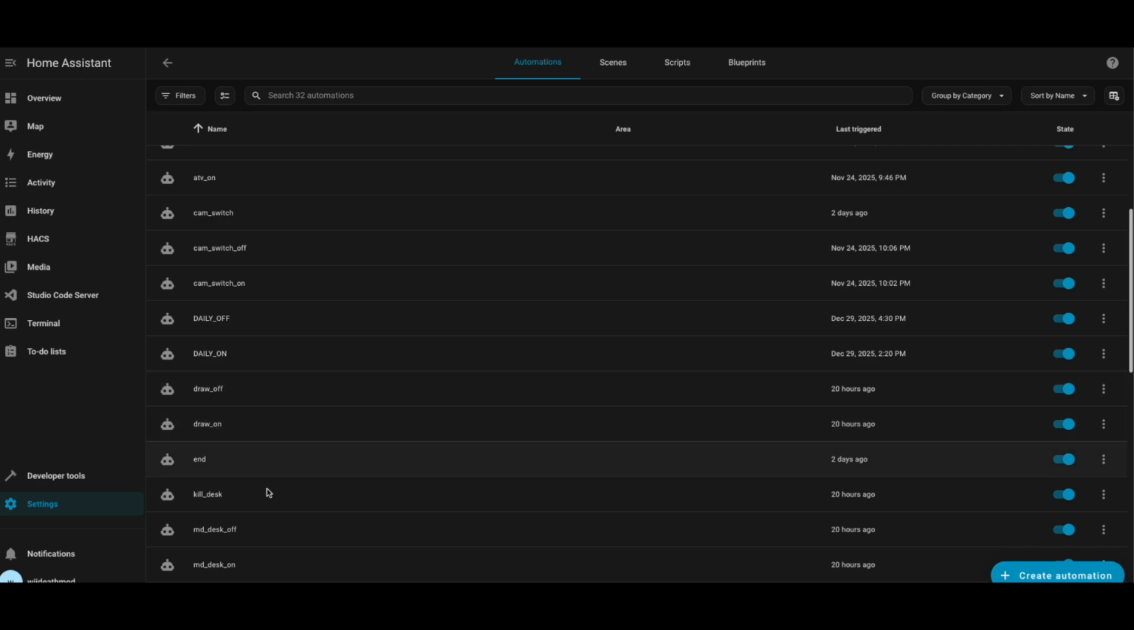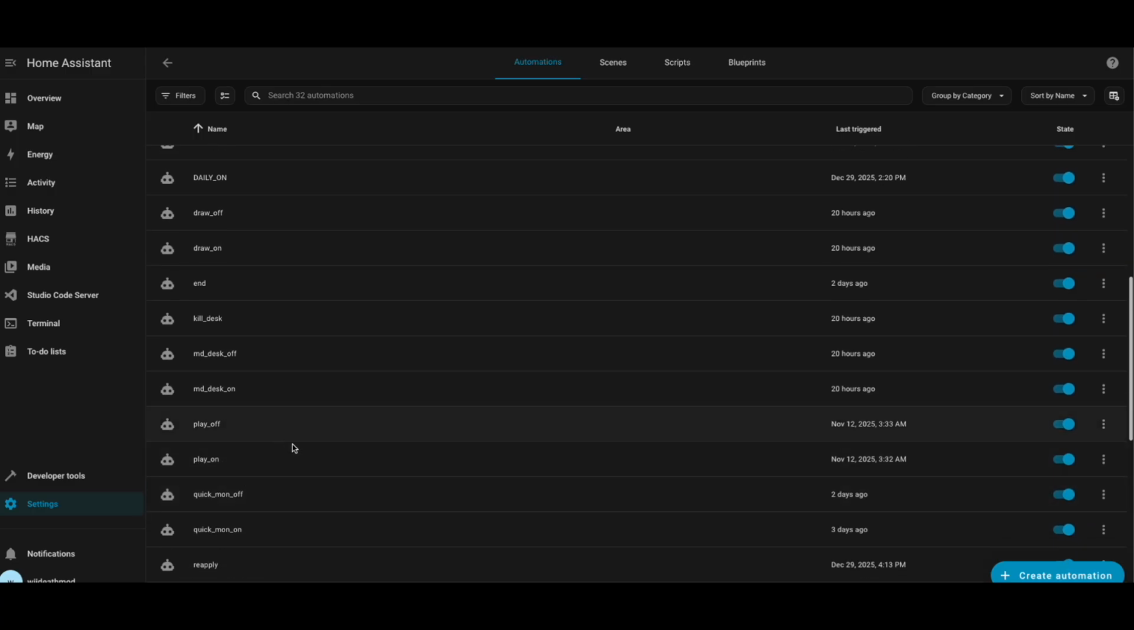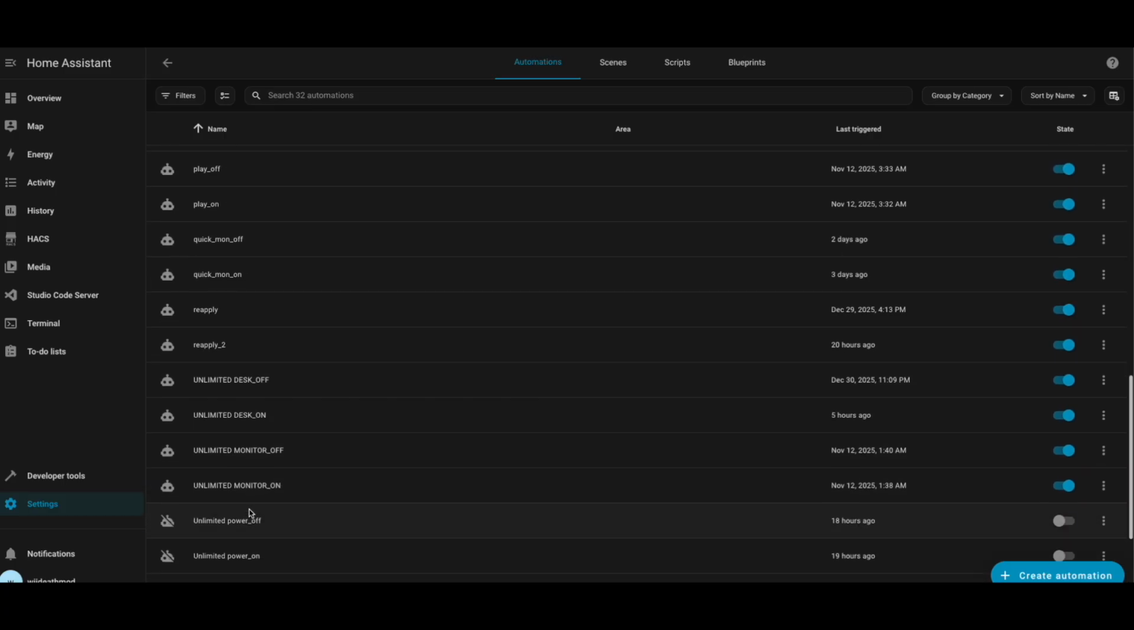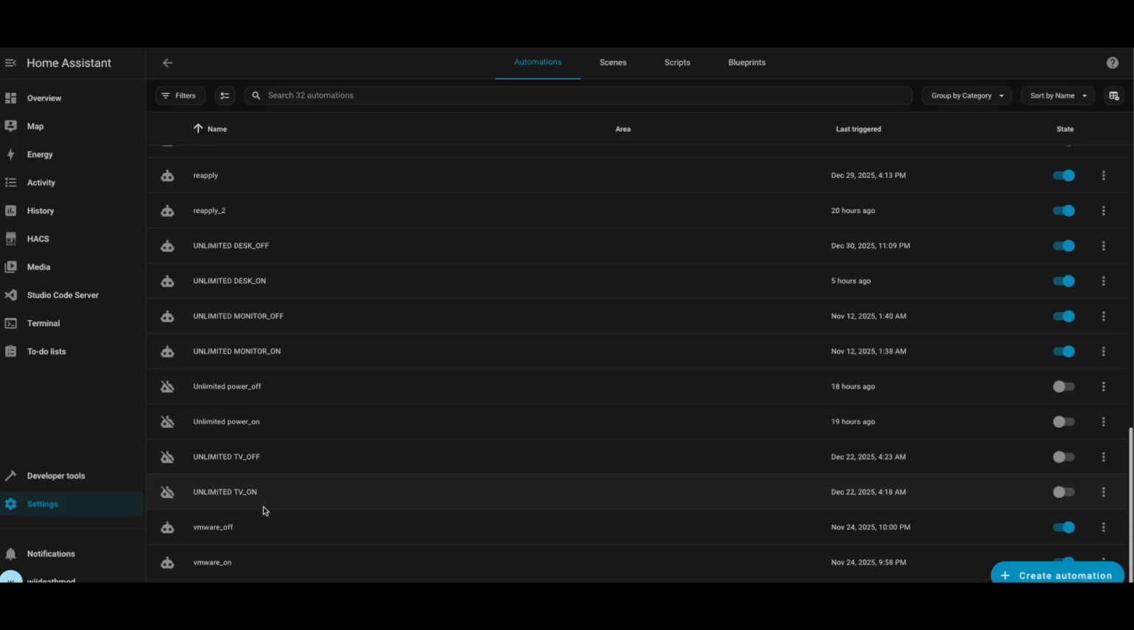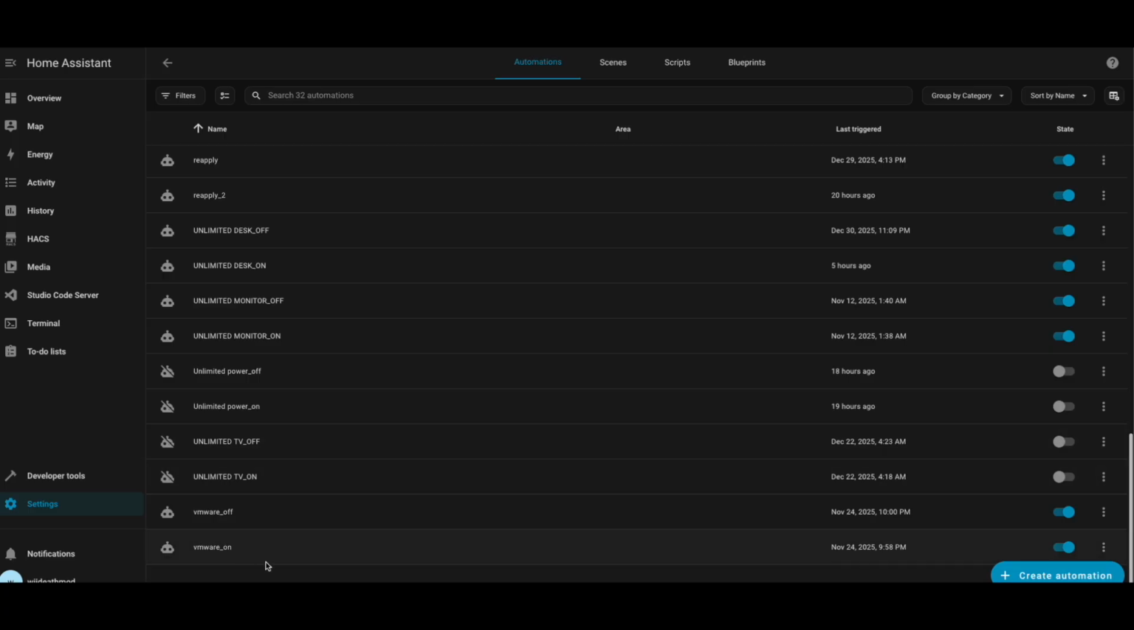For draw on, draw off, master desk on, and play on and off is the only different one. So these are the two different ones, but I'll get to that after I get towards these. Monitor on and monitor off, and TV on and TV off are the same as the other ones. So is VMware on and off, but they will only be on and off if they're basically ending it, which